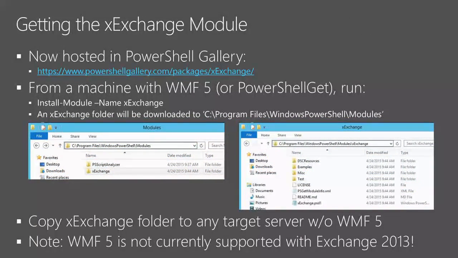So how to get the xExchange module? Up until recently, the majority of DSC modules were hosted on TechNet in a DSC resource gallery. We've slowly moved them over to PowerShell Gallery, and now this is actually the primary place to go get your DSC modules. So to get the module, you have to do it from a machine with Windows Management Framework 5